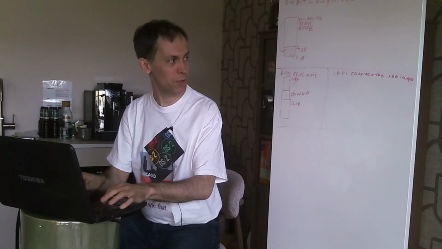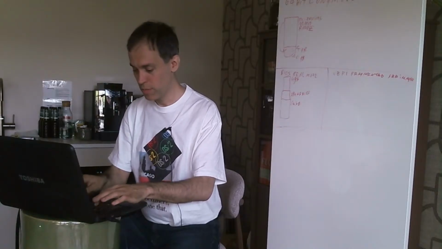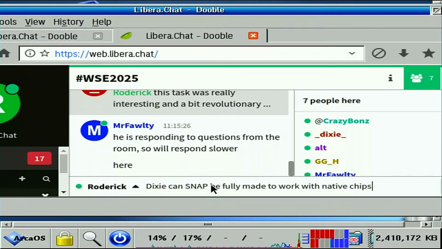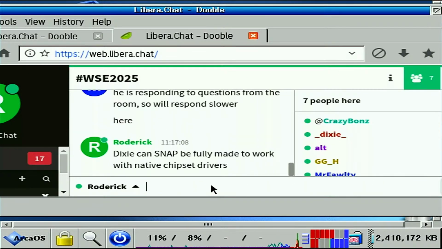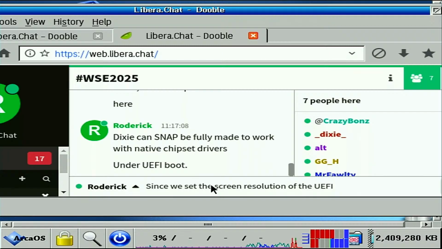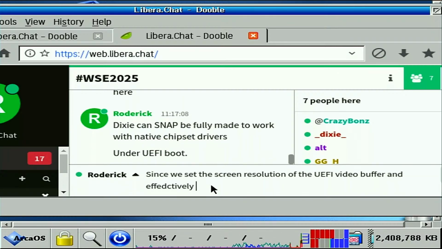Dixie, can Snap be fully made to work with native chipset drivers under UEFI boot, since we set the screen resolution of the UEFI video buffer and effectively freeze it?